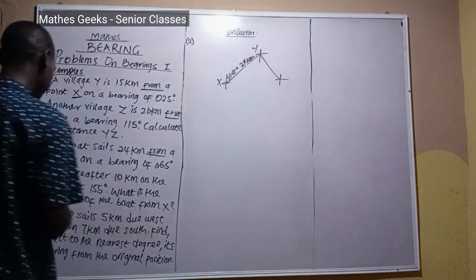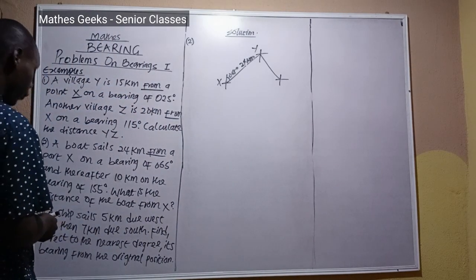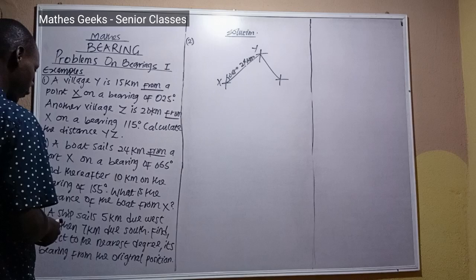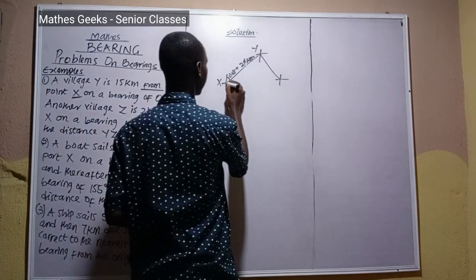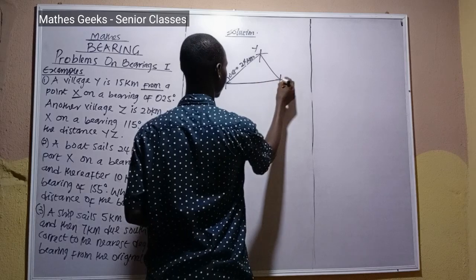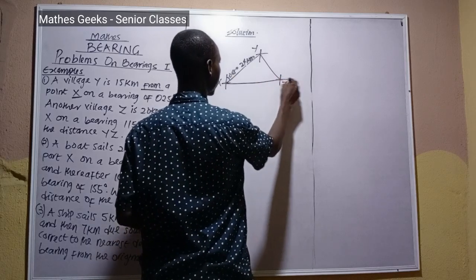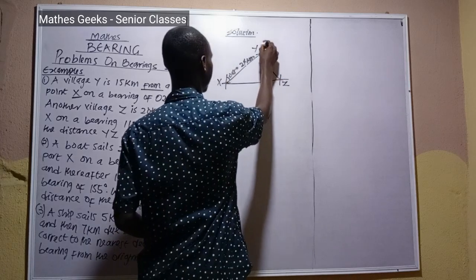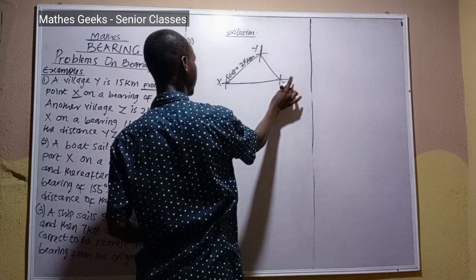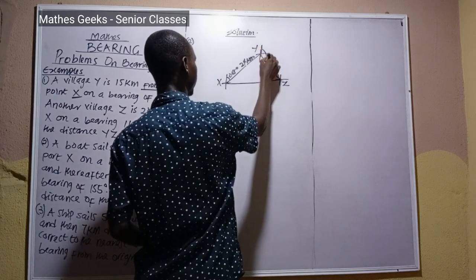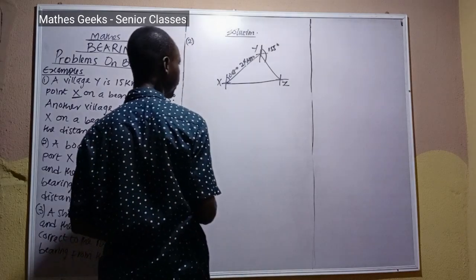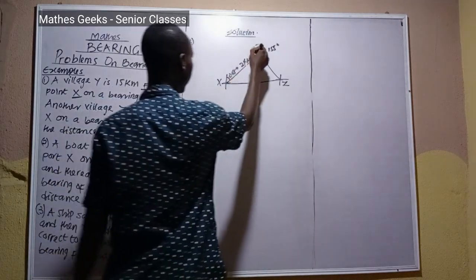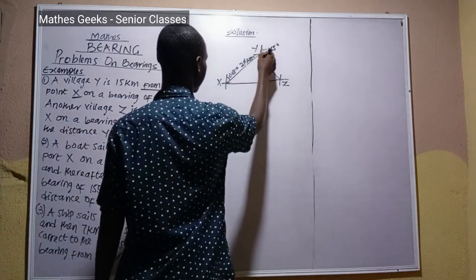So the question says, what is the distance of the boat from X? So from here down to this point, let's call it Z. Remember, the bearing of Z from Y is 155 degrees. Right. So let's call here